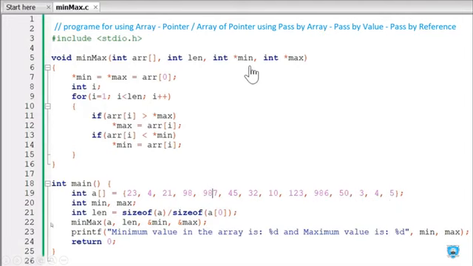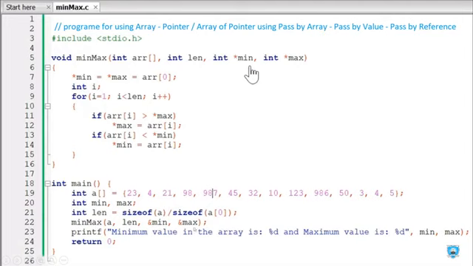Kindly concentrate, this is a UDF, user defined function, mean and max. The array is passed, because the whole array is passed by this, due to that reason passed by array. Length means 14, these are the 14 elements, so we are passing the value length to this user defined function.